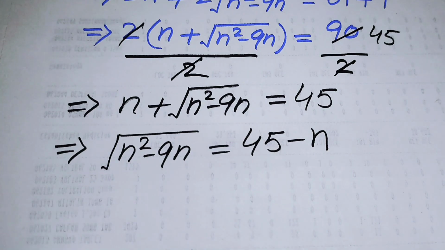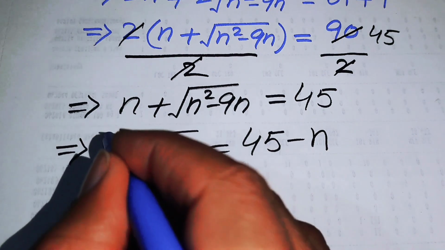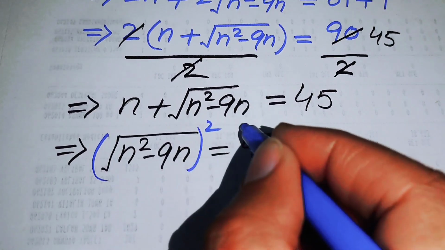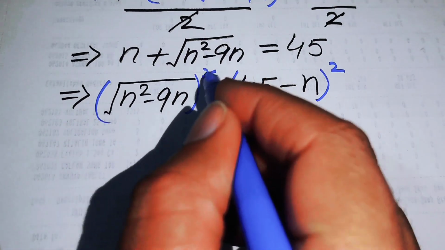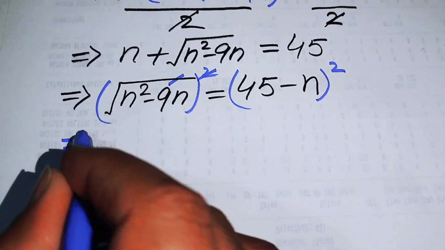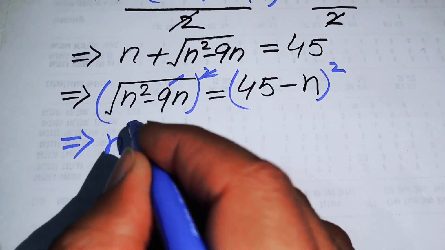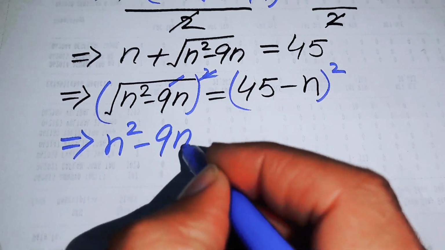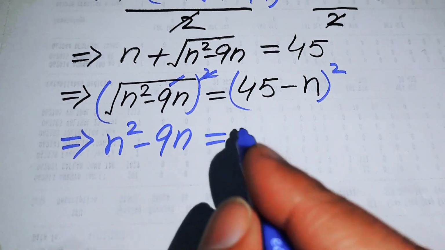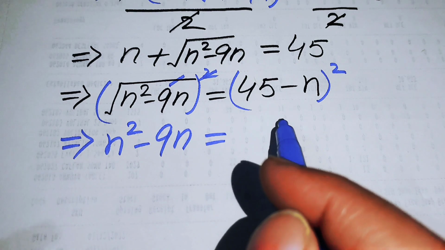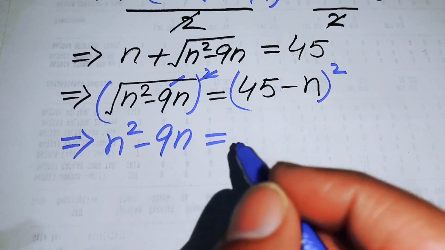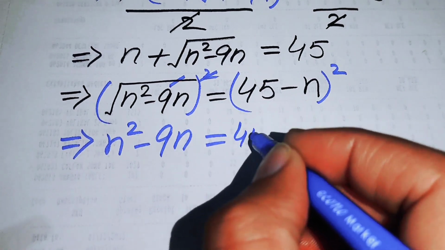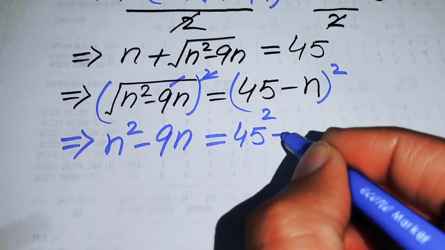In the next step we again take the square on both of the sides in this way and you get the square and square root cancelled by each other and we obtain n square minus 9 times n equals, here we again apply the square identity and we get its output in this form, 45 square